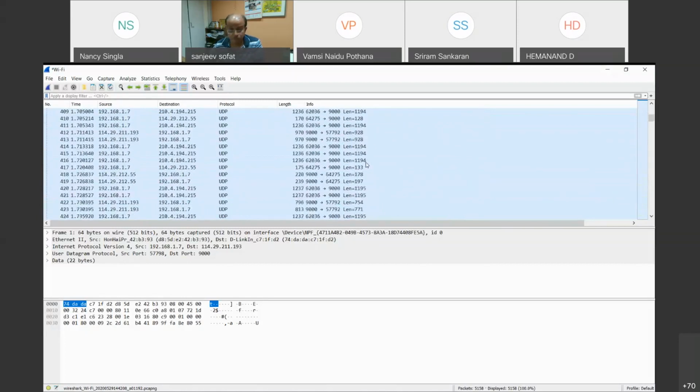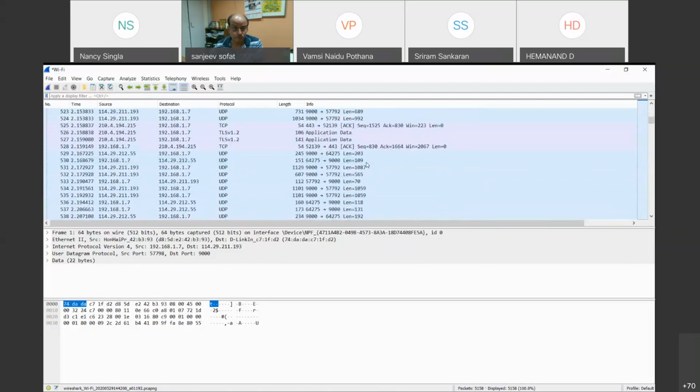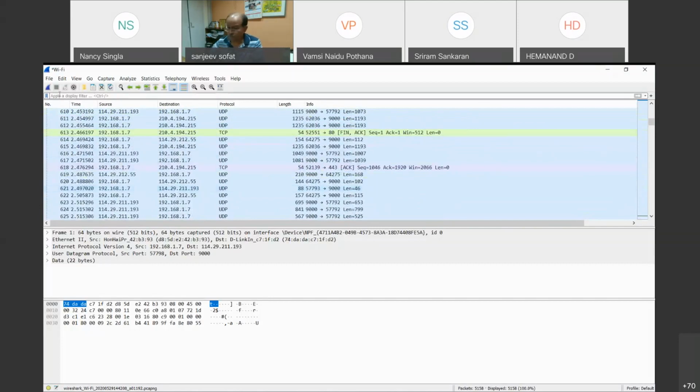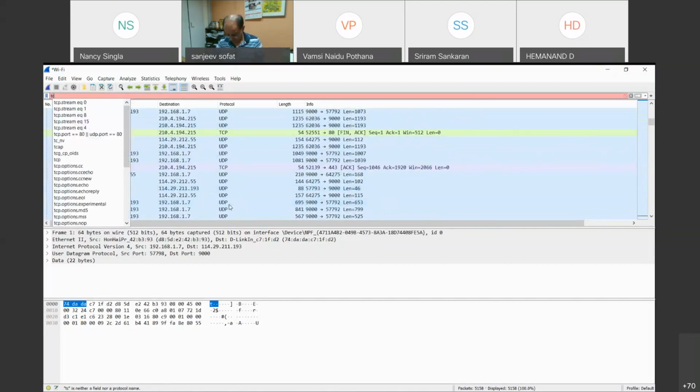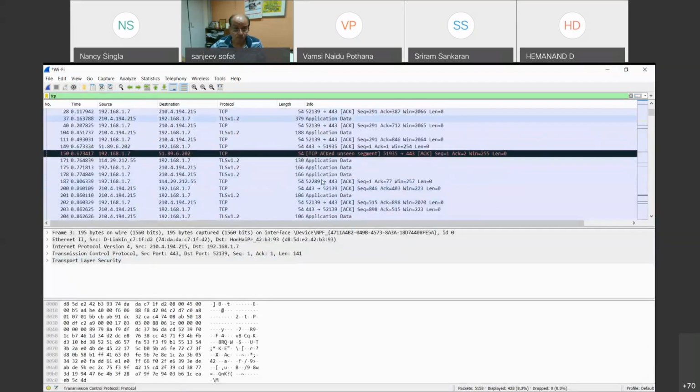You can figure it out here. Just a minute. What I can do is filter my data with the TCP filter, in order to see only the TCP packets.